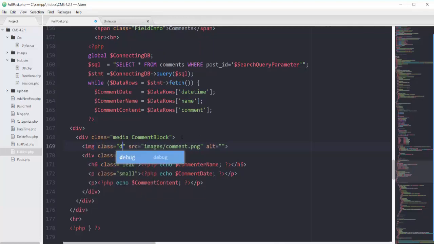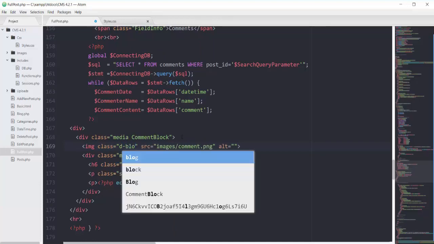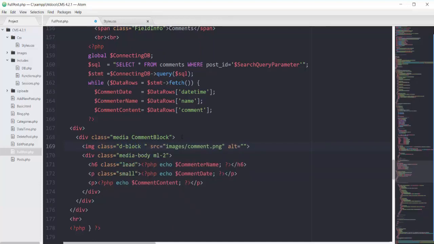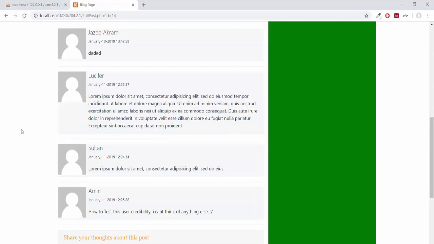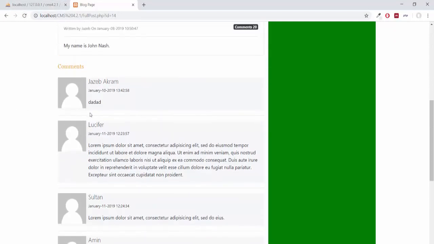Now on this image tag, I will apply the media class, so display it in a block mode, and for making it responsive, applying the class of img-fluid. If I save this one and refresh my page, you can see we have our image on every single comment.